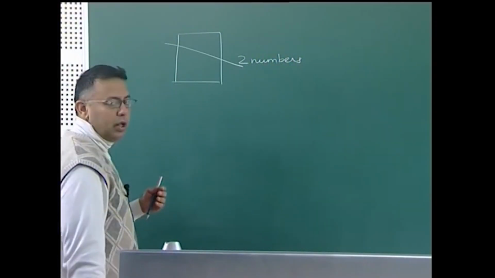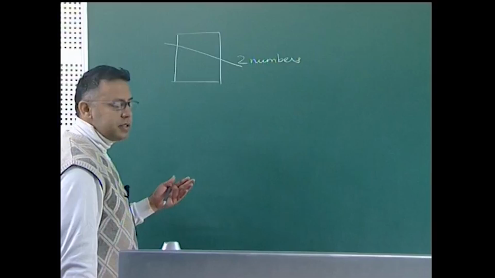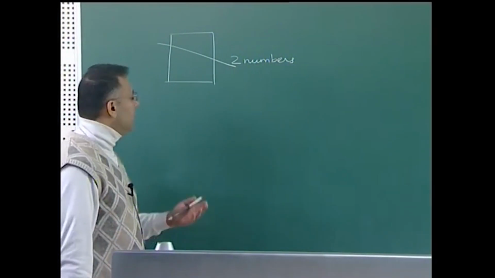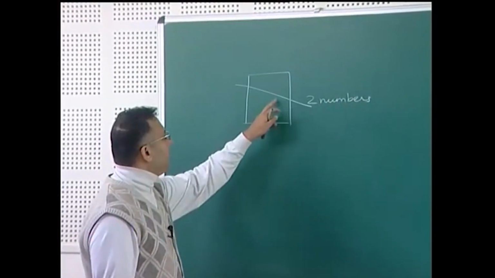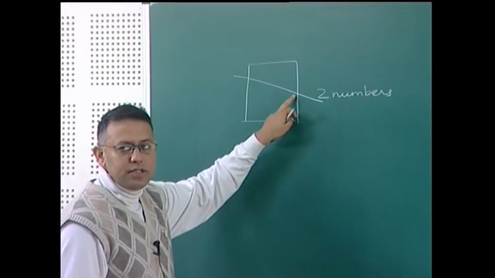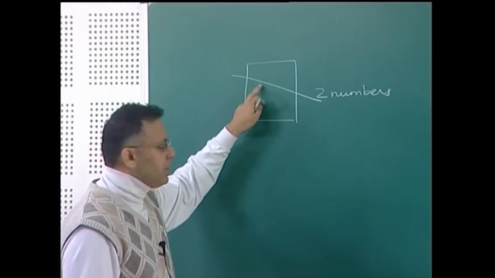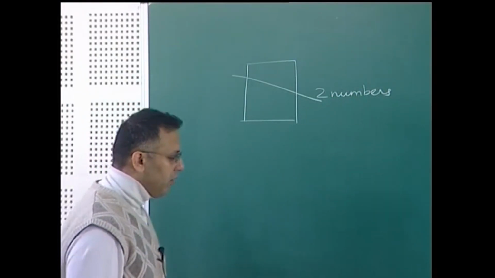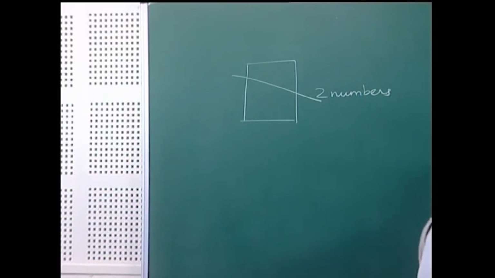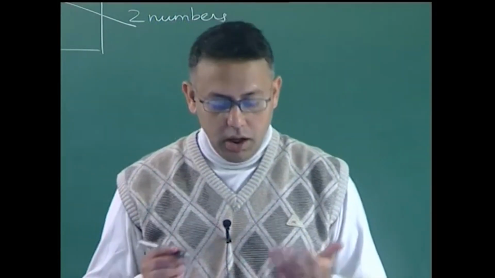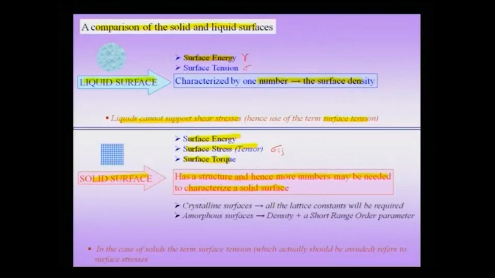and additionally I need to note where this cut is inside a crystallographic cell, and therefore, when I make a cut like this, for instance, in a sodium chloride crystal, then I would notice that I would actually produce a polar surface, and depending on where I make the cut, I may have a set of negatively charged ions sitting on the surface, or a set of positive ions sitting on the surface. Therefore, when I am making a surface in a solid, I need to specify more numbers than I need to specify for the case of a liquid surface, and in a crystalline surface I need to know all the lattice